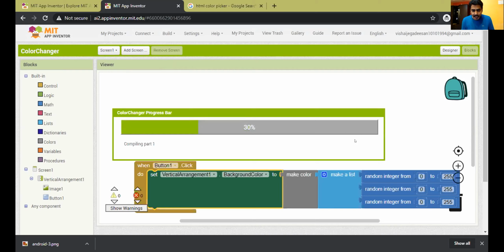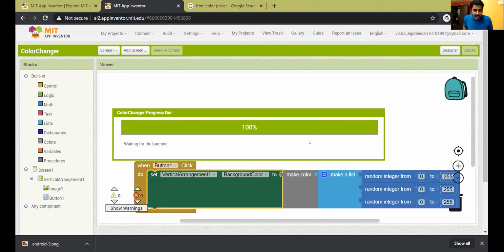Once this is completed, this will give you a QR code. Now you need to scan that QR code and install the application inside your mobile. It's very easy. Any mobile you can install, but the mobile has to be an Android phone, not an iPhone. iPhones will not accept it, because you are developing an app only for Android, not for iPhone.